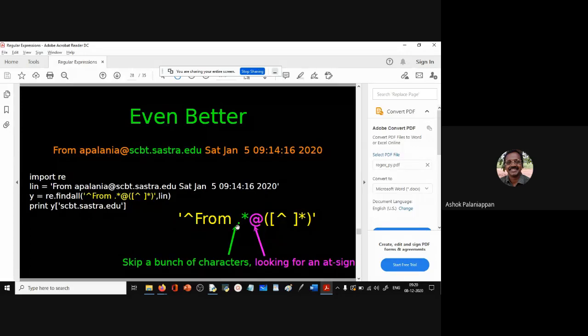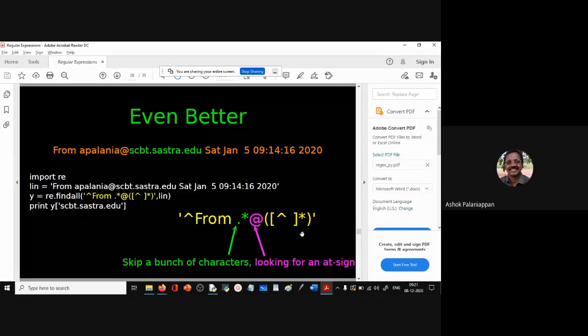Now, when you say dot, it means any character, and star means any number of times. You're just trying to skip a bunch of characters. So whenever you want to skip a bunch of characters, you use dot star. Now you're looking for the actual @. This is not a meta character. This is the actual character. And then now you're grouping by using parentheses.